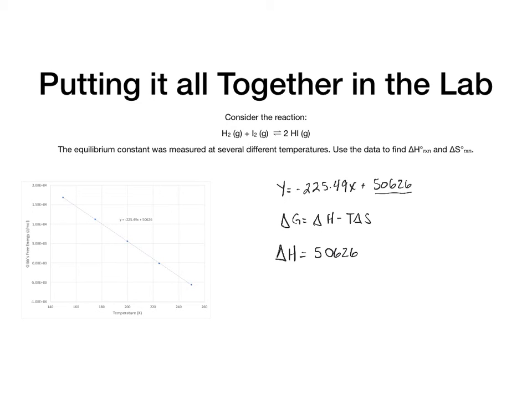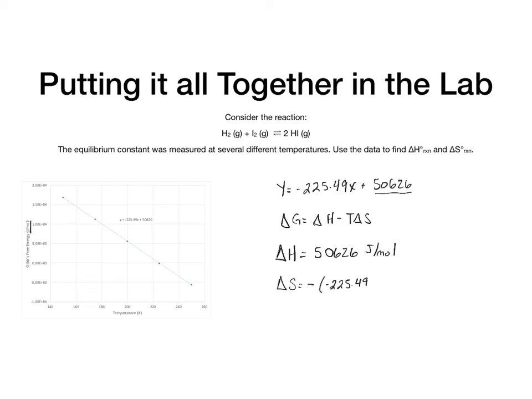Now I need some units. The intercept is the y-intercept, and so those should have the same units as our y-axis, which is joules per mole. And then my delta S should equal the negative of my slope, which is negative